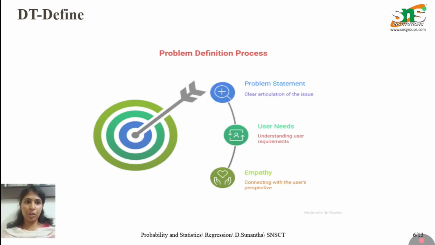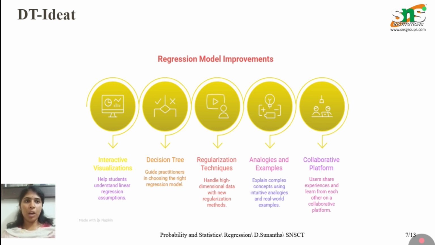Here is the definition part. The problem statement is clearly articulated. Next, user needs are satisfied by empathy. Here is the regression model improvement. Helping students understand linear regression assumptions. Next is the decision tree. Next, regularization techniques, in which we handle high dimensional data with new regularization methods. Next is analogies and examples. Explaining complex concepts using intuitive analogies and real world examples could really help students understand the concepts